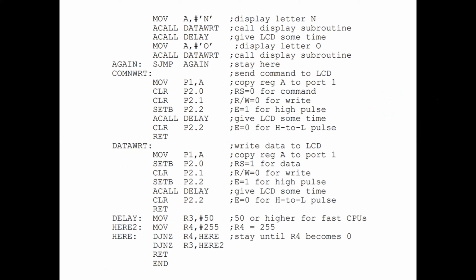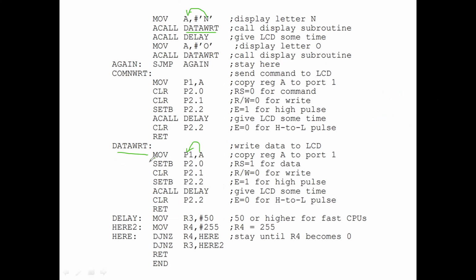For data write, I have a subprogram data write. I put a character into the accumulator and send it. Now in the accumulator I have my data, and I call data write. Go to the data write label; whatever data is in the accumulator, I put it to port 1.